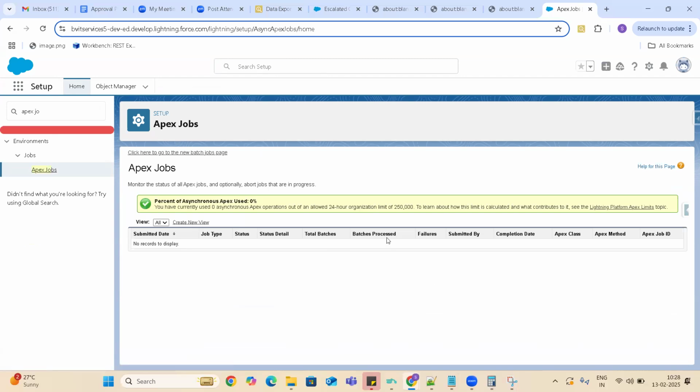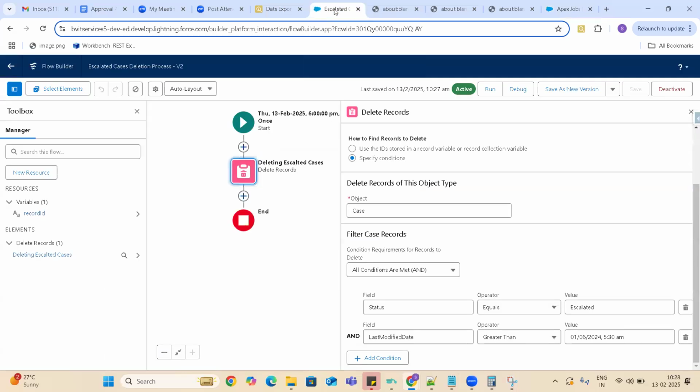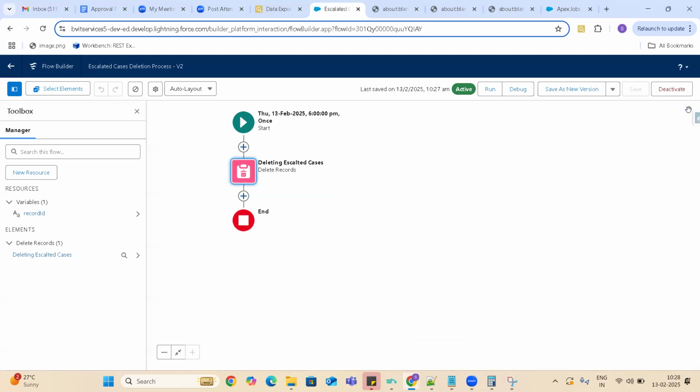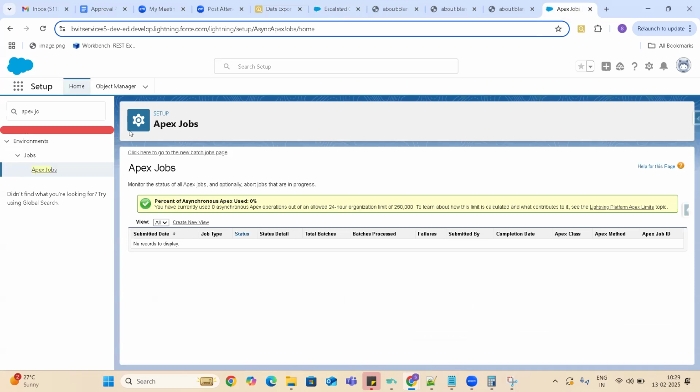So how can you monitor all these scheduled flows? We call them asynchronous flows, guys. That means these are not immediate actions. These are the actions which we are doing at a particular time. All the asynchronous actions we can see under the Apex jobs.